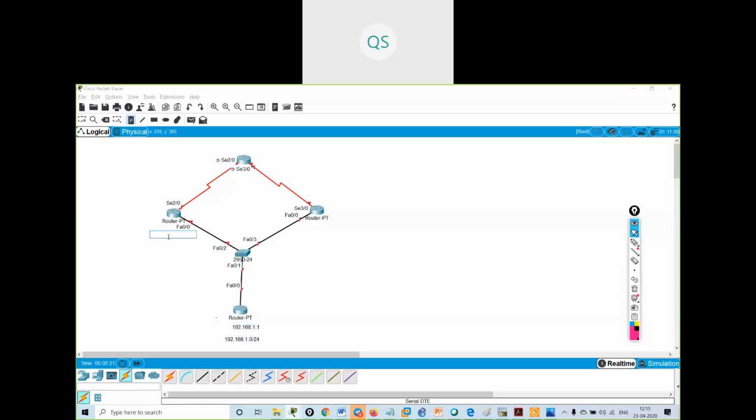The gateway will be 192.168.1.50. Here it will be 192.168.1.100. The virtual IP that I will be using is 192.168.1.75. You can take any IP address.